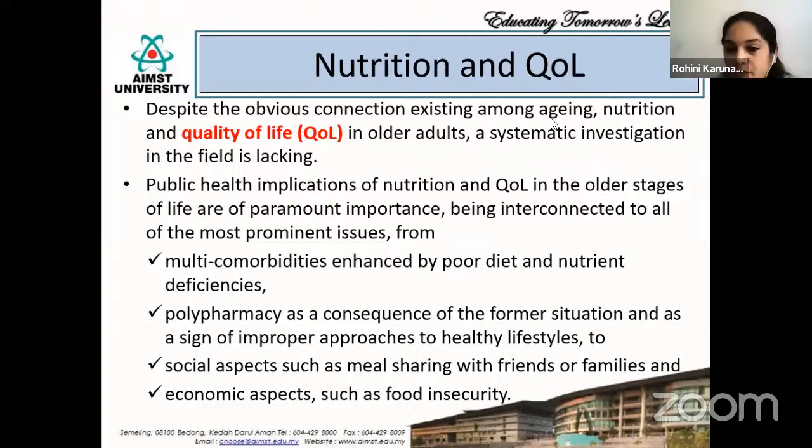And we know the WHO has a framework and they're working on it, and we have a number of other societies and membership associations working on it. However, the public health implications of nutrition and quality of life in older age is very important, and it's interconnected with a number of conditions like comorbidities, enhanced by poor diet and nutritional deficiencies, and then polypharmacy, as Dr. Rajan has already mentioned in our earlier session, polypharmacy with a sequence of improper approach to healthy lifestyle,